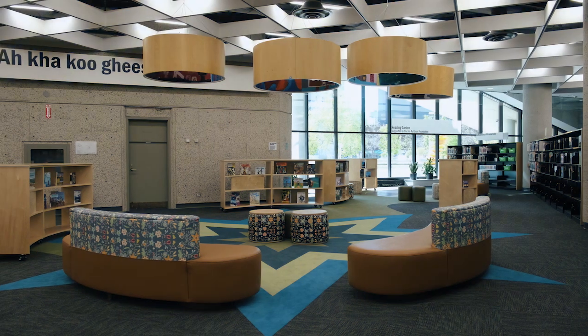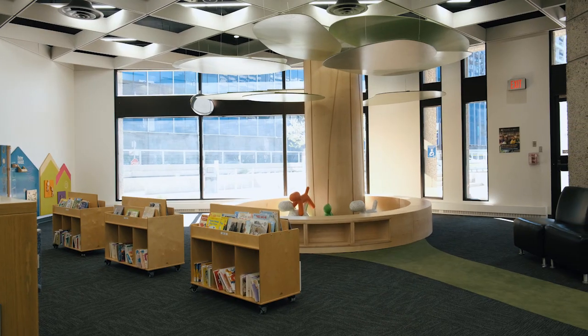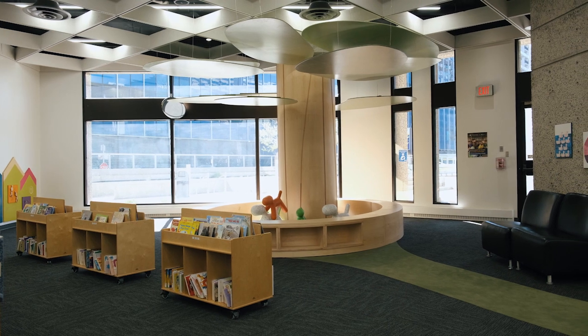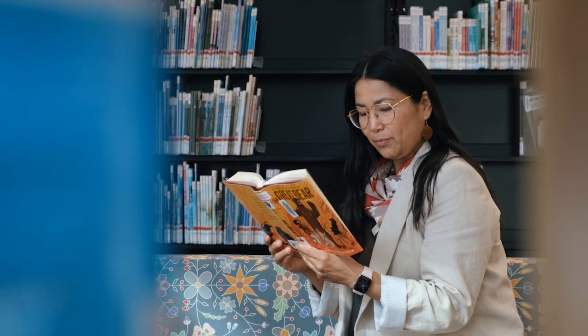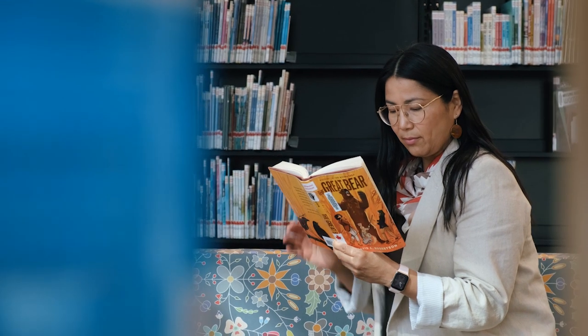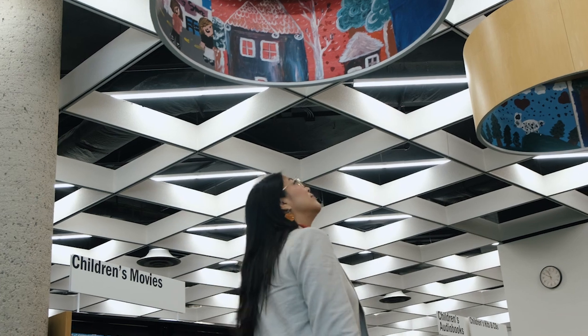Welcome to Gheesh, the Indigenous children's space at Millennium Library. This recently renovated space was created by Woburn Collaborative, an Indigenous-led design studio based in Manitoba. Through their design practice, partners Destiny Seymour and Miriam Griffith take a critical look at representation of Indigenous cultures within